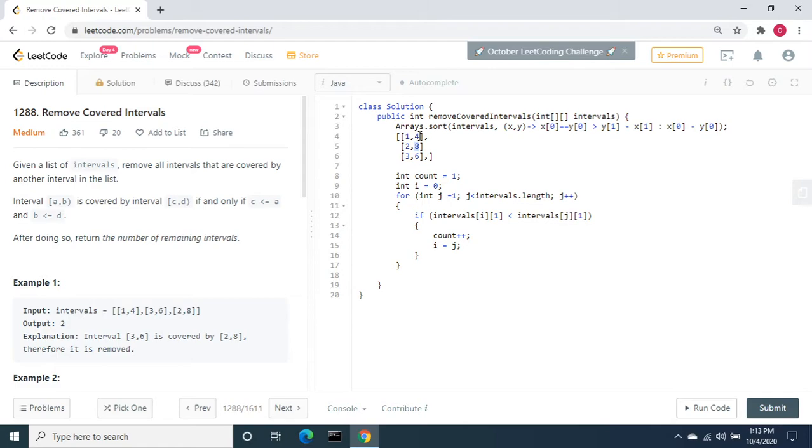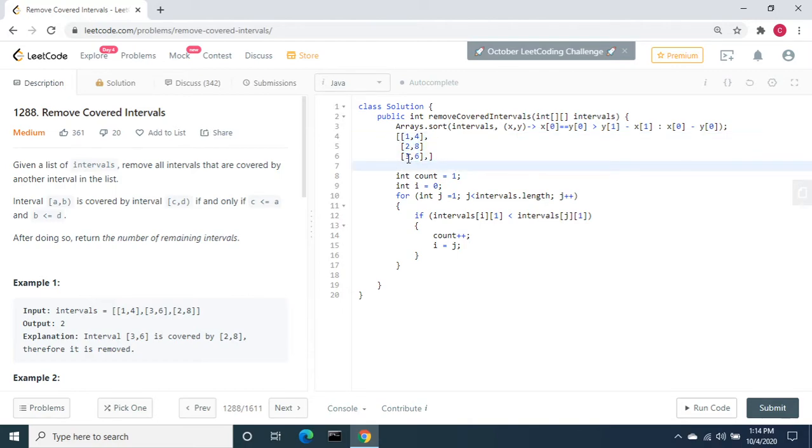In that case, 4 is less than 8, so the count will be increased. Count will be 2. Then i equals j, so i becomes 1. Next time the loop comes, j becomes 2, and i is 1. Interval 1, 1 is 8, and interval 2, 1 is 6. 8 is not less than 6, so it will not go inside. This will terminate the loop. The count will be 2.